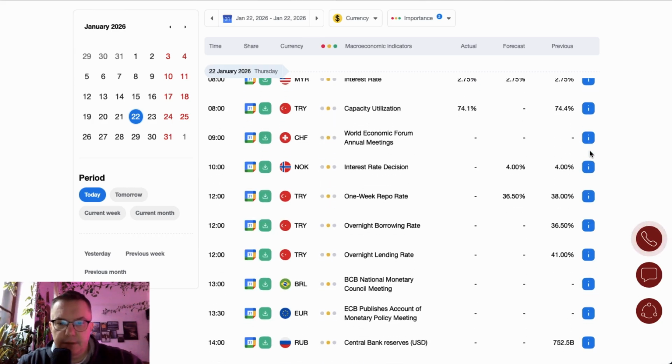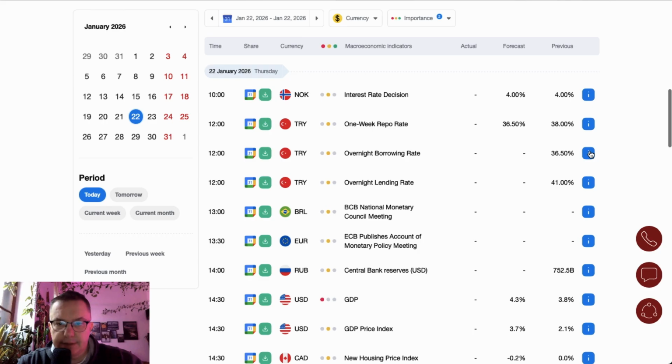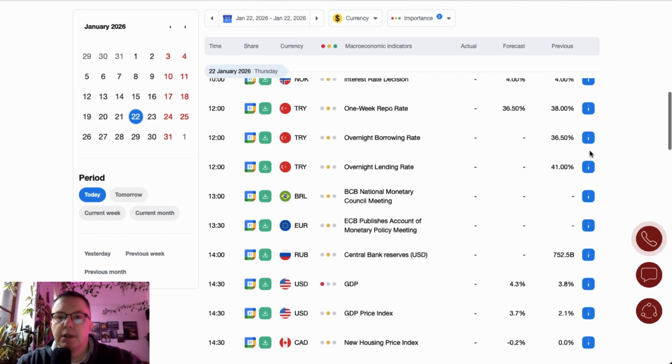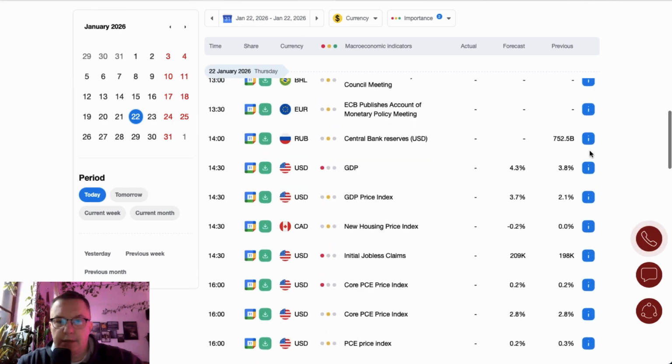The situation with the London session is that we are continuing to have the World Economic Forum in Davos, and that's about it. We are waiting for the one-week repo rate and overnight borrowing and lending rate from Turkey, scheduled for release at noon. And then at 1:30 we get the publication of the account of the monetary policy meeting minutes